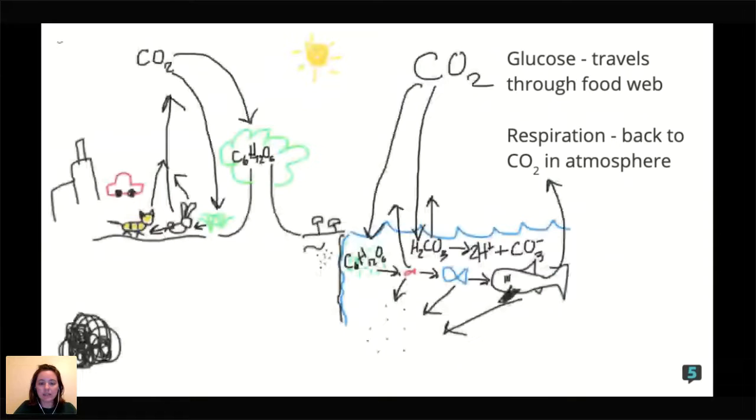All right, so there's that picture there. So all these things die, the little particles will sink down, and then as these organisms are living, they're all doing respiration. These organisms in the ocean, these organisms over here, they're all doing respiration, even the plants. And so they are converting that glucose into cellular energy. And as they're doing that, they are creating the waste product of carbon dioxide, which is then released back out into the atmosphere. So this is kind of a little mini cycle here within the bigger carbon cycle.